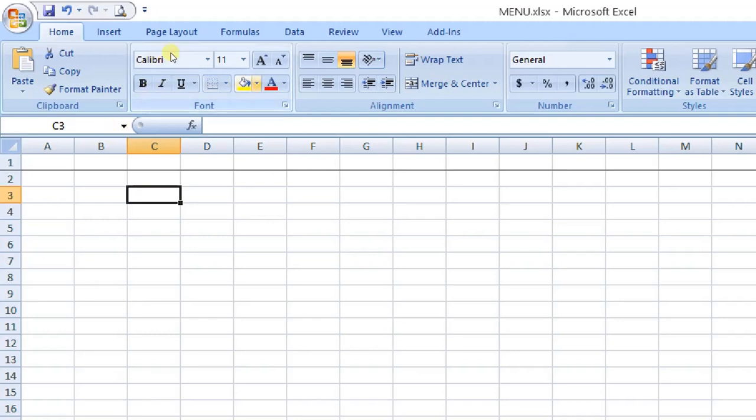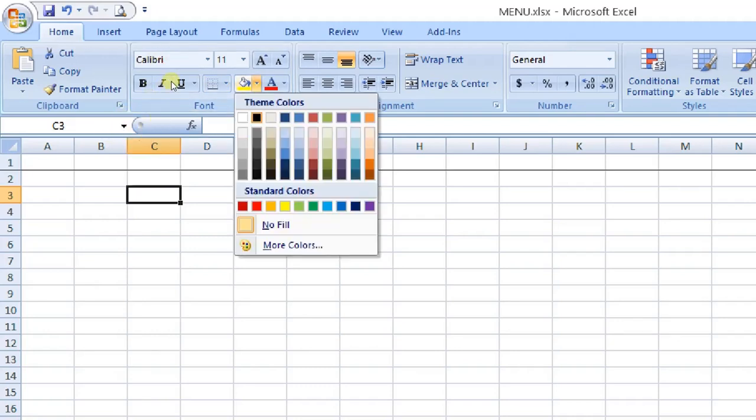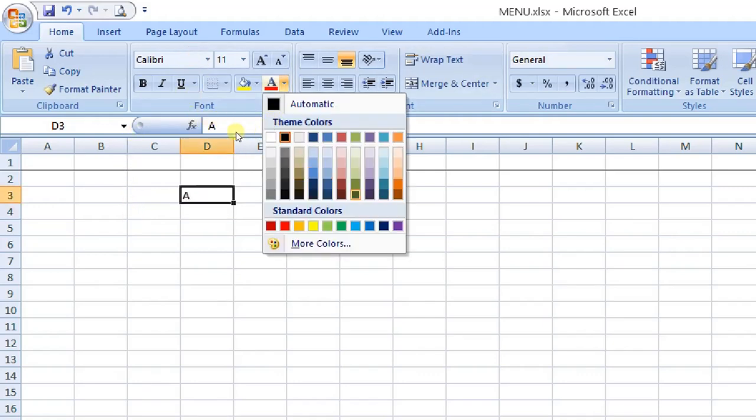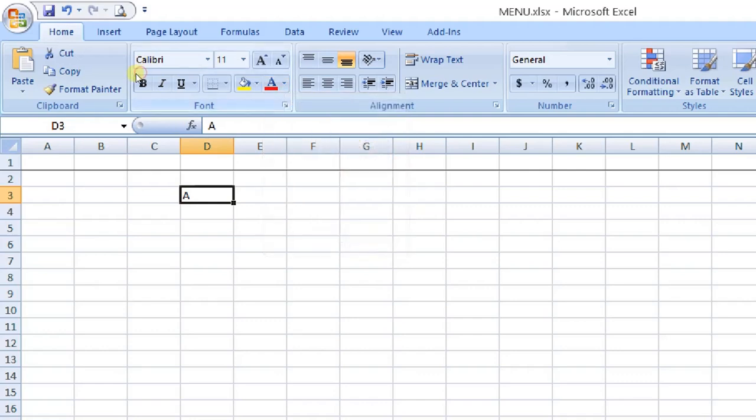If we want to highlight something, or change the color of a particular cell or of the text, we can use this tab. Then alignment: suppose we have written some data and want to left align, top align or right align it, then we have this alignment tab.